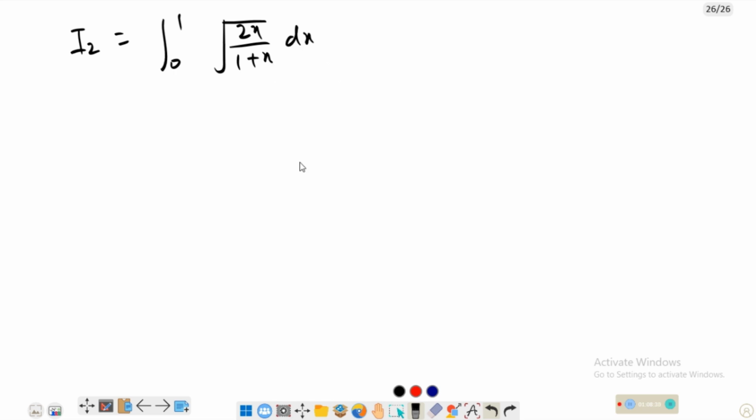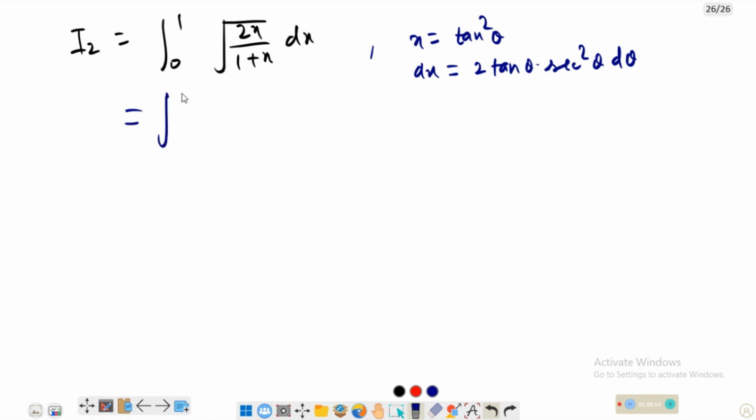Okay, so there is a 1 plus x. If we put x equal to tan square theta, then this under root cancels out. So the differentiation dx is equal to 2 tan theta, and the differentiation of tan theta is sec square theta d theta. So this is the integral of 2 tan theta and the complete root of 1 plus tan square theta,